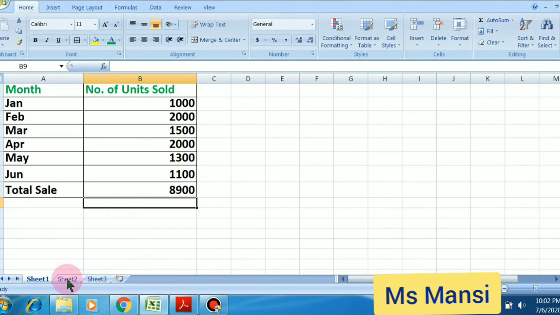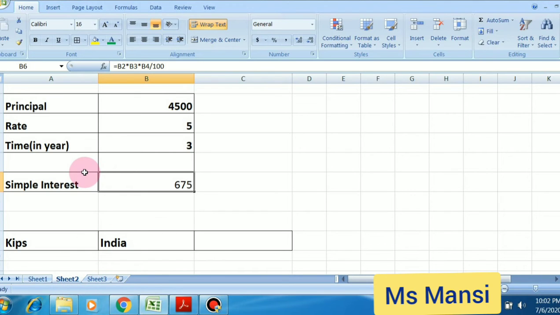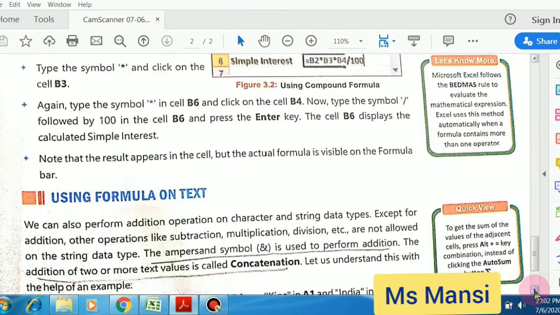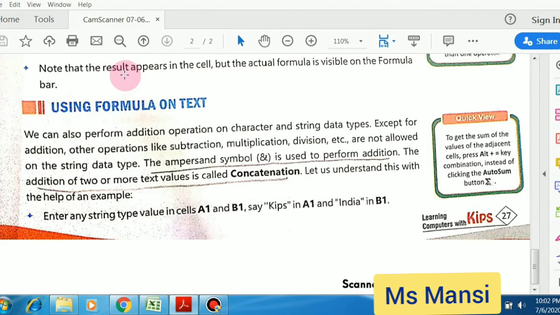Okay students, so you have now understood two formulas, the simple addition formula and the simple interest formula. Now I will tell you how to use a formula on text. If you want to use a formula on text, then one symbol is used, known as the ampersand symbol.